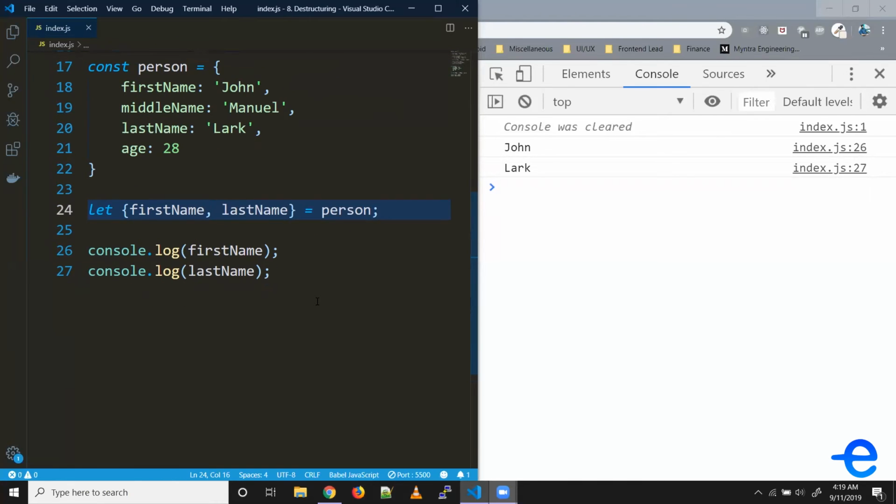Now if you notice, I did not leave an empty space here to skip middleName. The reason for that is these variable names should be the same as the key names. So here the sequence doesn't matter. So if I just switch this,